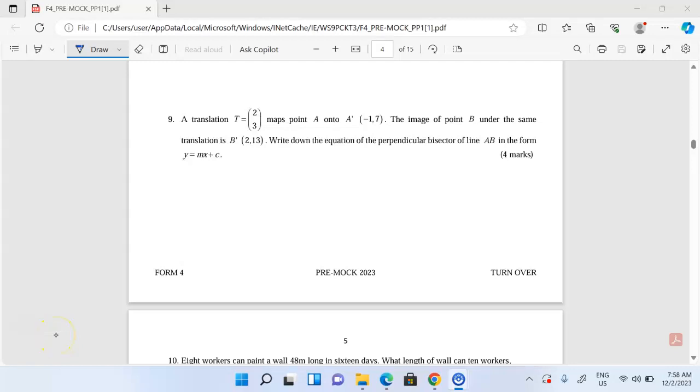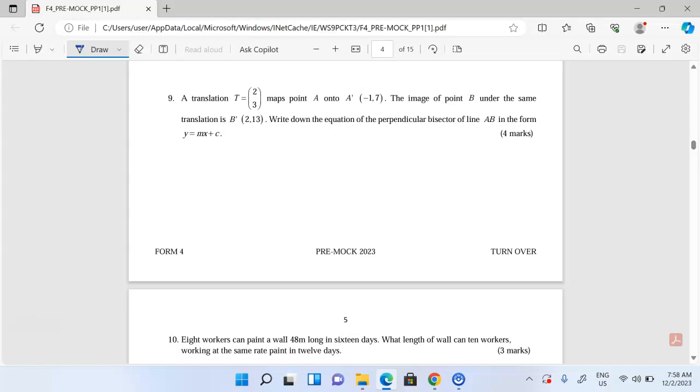We're going to discuss translation vectors and equations of a straight line. Number 9, we are told that a translation T, which is equal to (2, 3), maps A onto A prime (-1, 7). Then the image of B under the same translation is B prime (2, 13). Write down the equation of the perpendicular bisector of line AB in the form y equals mx